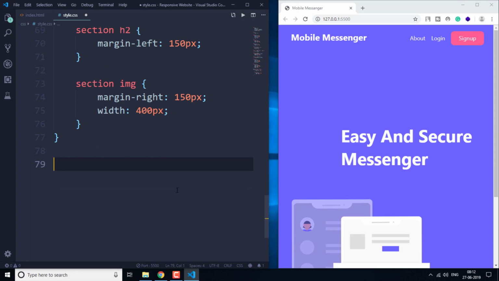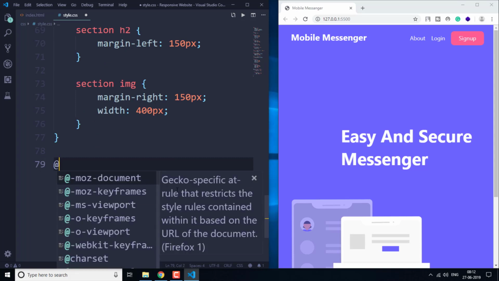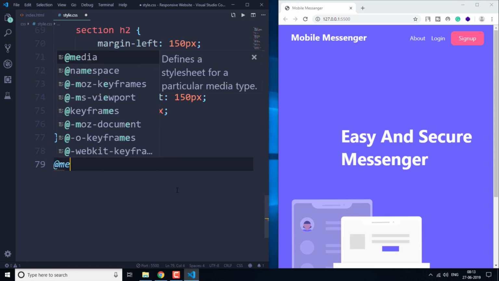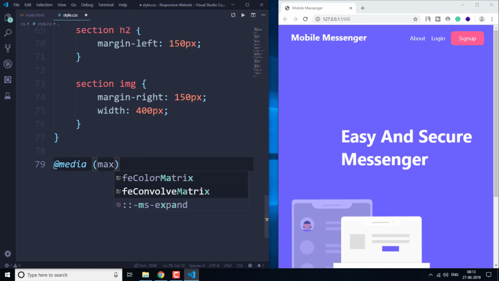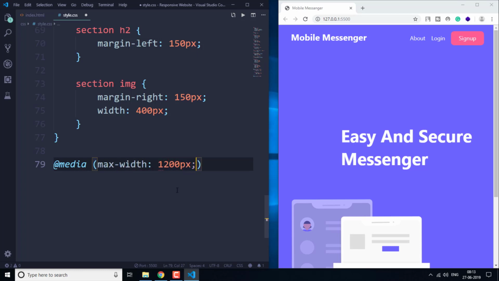Then after, another media query. So @media max-width 1200 pixels,